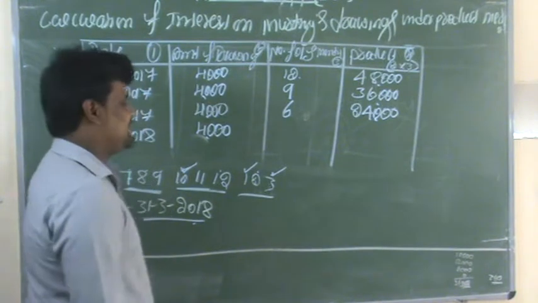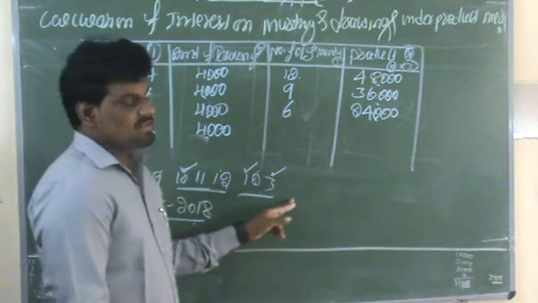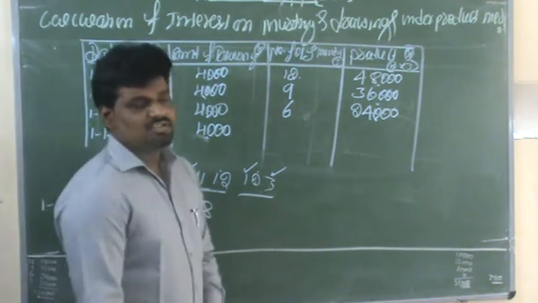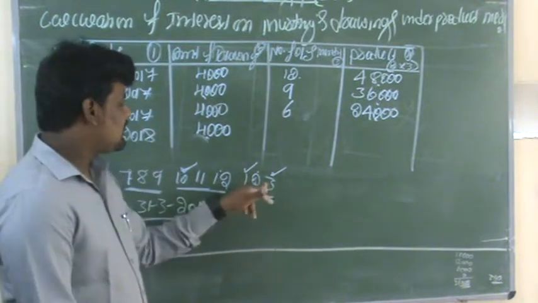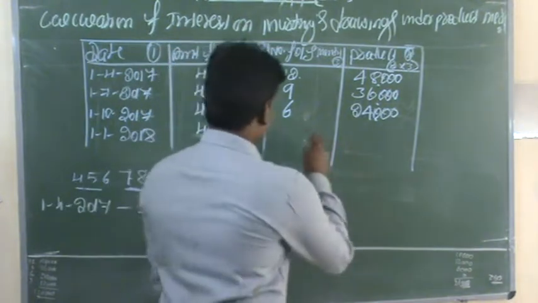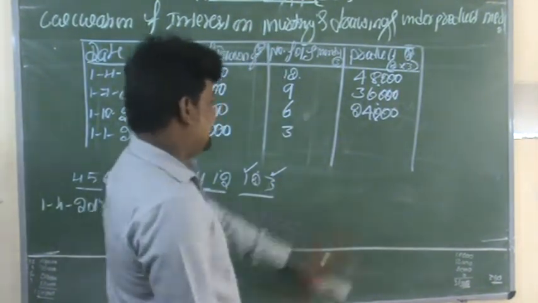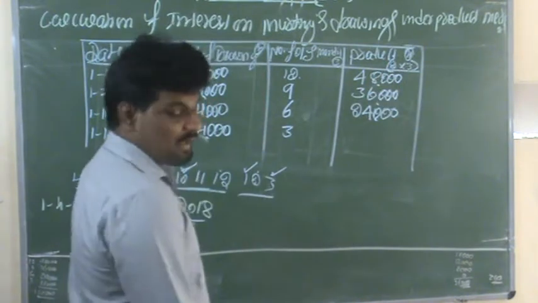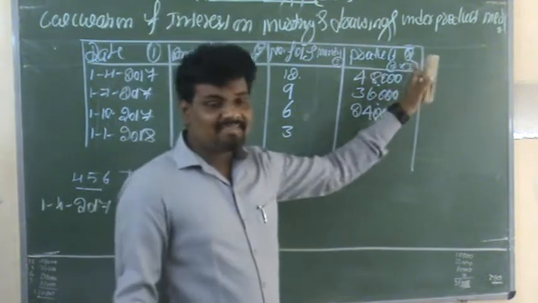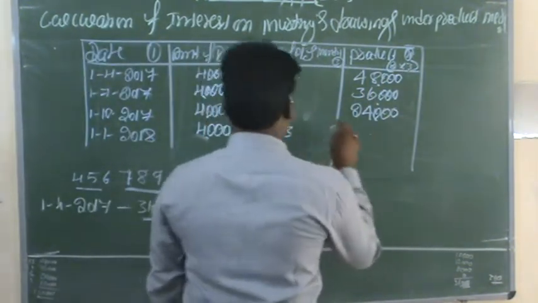So now we need to ascertain the outstanding period from the date of withdrawal to the end of the assessment year. So here January 1st is the withdrawal date. Normally the books of accounts are closing on 31st March, right? January, February and March, there are 3 months. This is the outstanding period. Finally we need to ascertain the product for these drawings. So 4,000 into 3. Now you have to multiply second and third column values. 4,000 into 3 is 12,000.